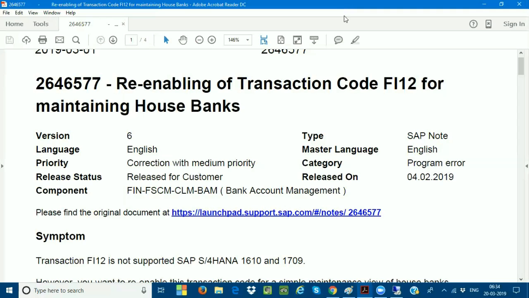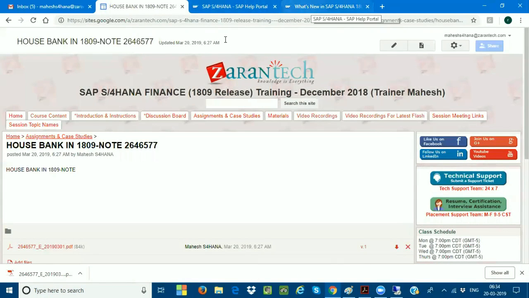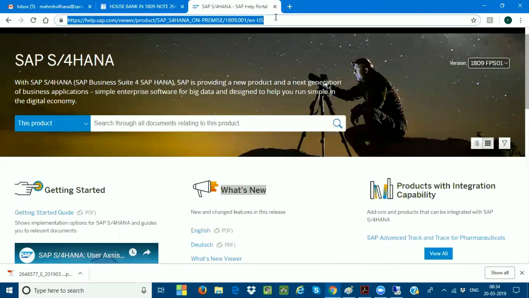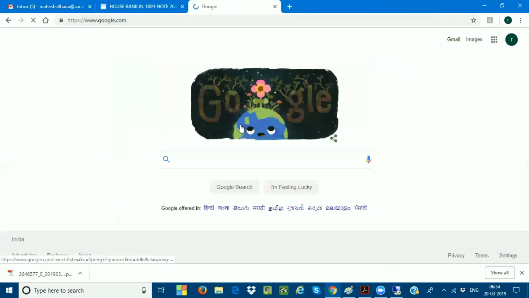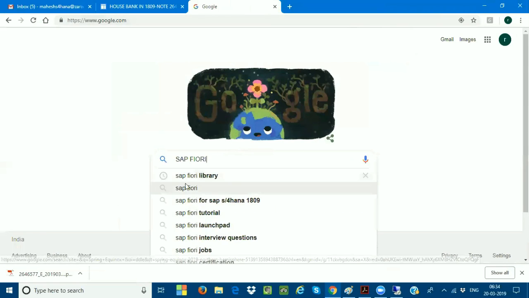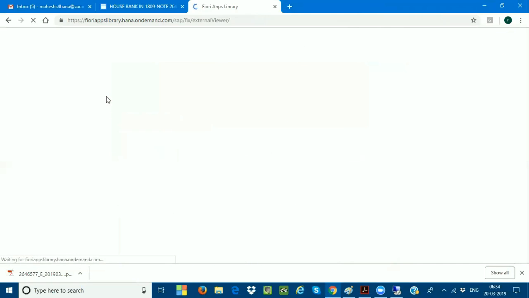One second, I'll show one example to all of you here. This is the SAP Fiori library.